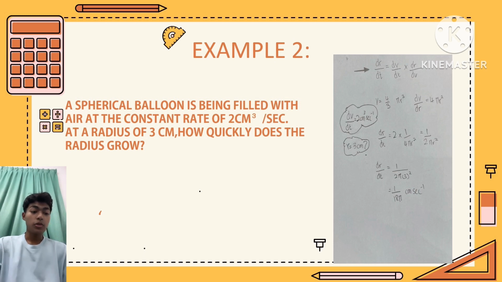After solving the expansion, we get 1 per 2 times pi times r squared. And after that, we substitute r, which is equal to 3, and we will get 1 per 18 pi